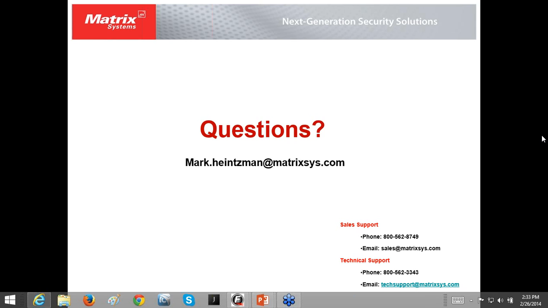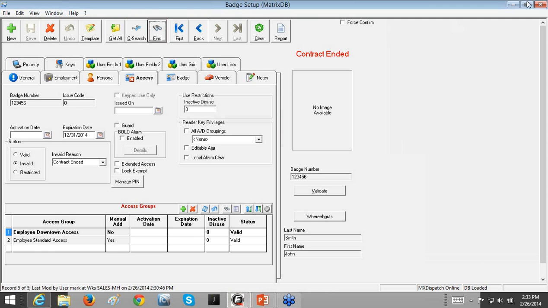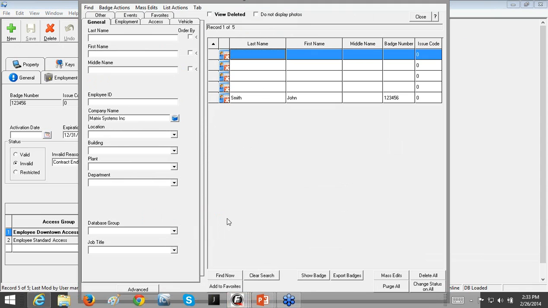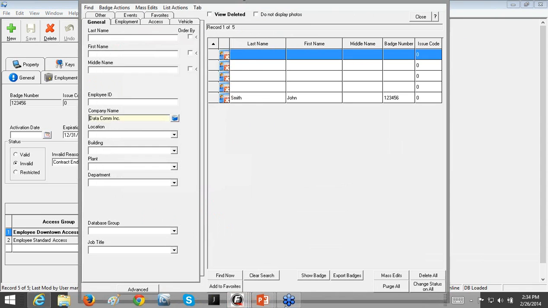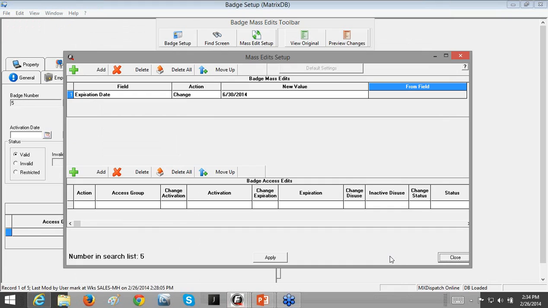So I also have another question that says, can we add access to a batch of employees too? Yes, you can definitely manipulate access and add it. So I'll show you really quick here how we can do that. Once again, we'll just do a find. I'm going to change this to say all the Datacom people. So here's all my Datacom people. If I go to do a mass edit,